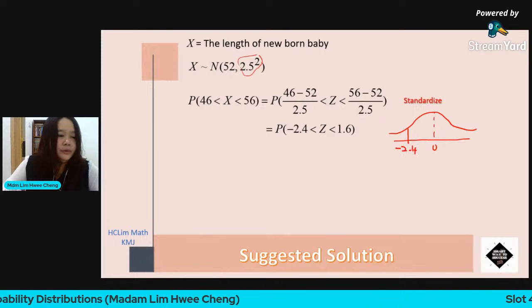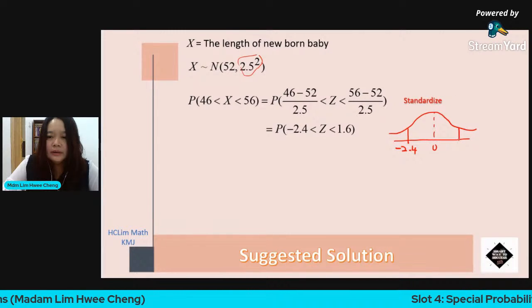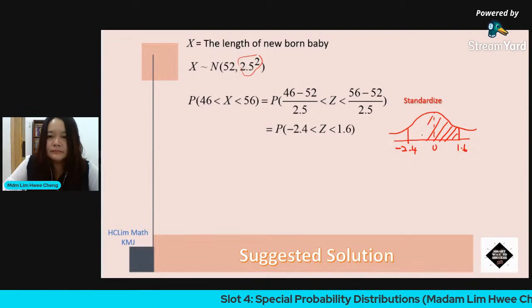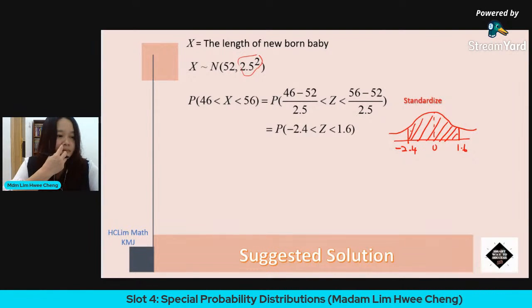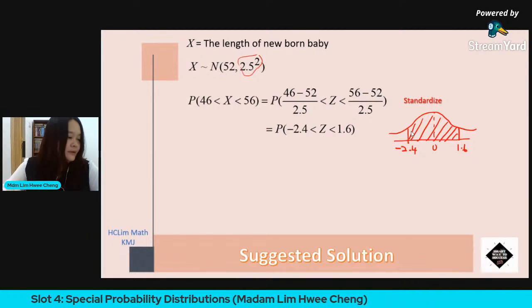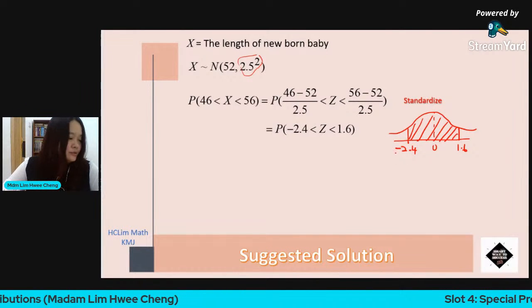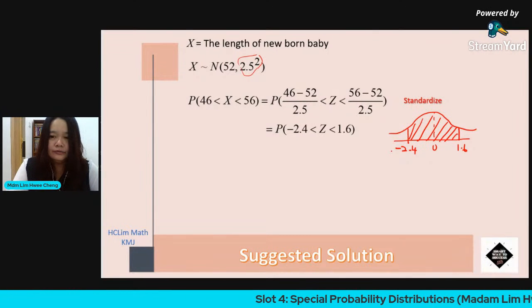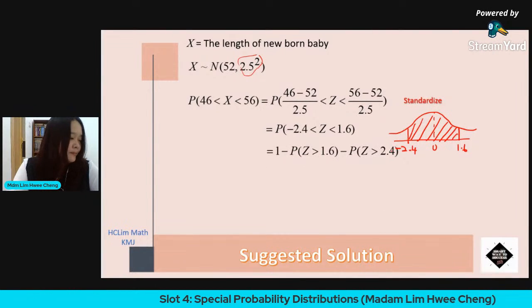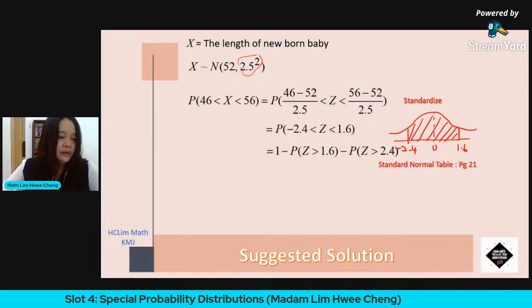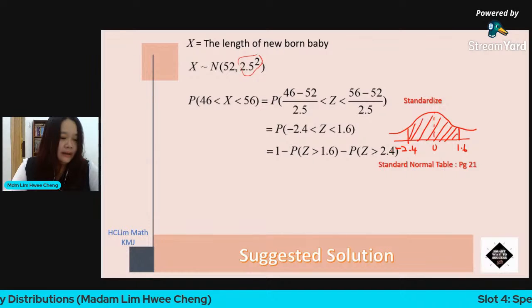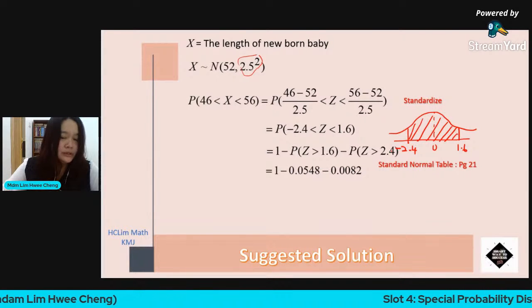Negative 2.4, and this is 1.6. Okay, so I want to find the region of this. So I may use 1 minus the probability of greater than 1.6 and greater than that of 2.4. Okay, and this one I may read from the tables, page 21. I will get the probability of